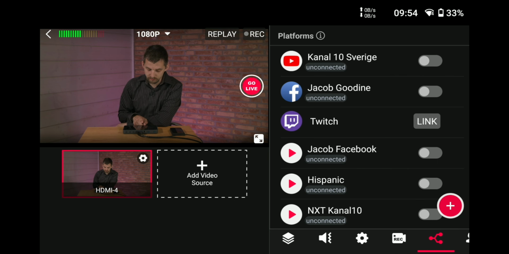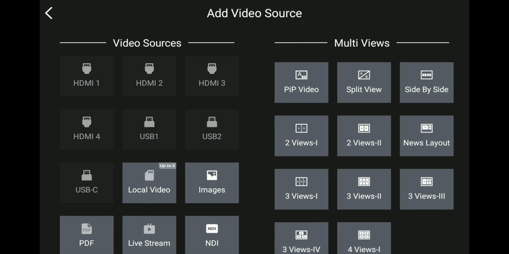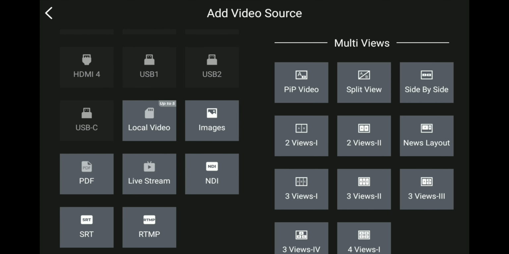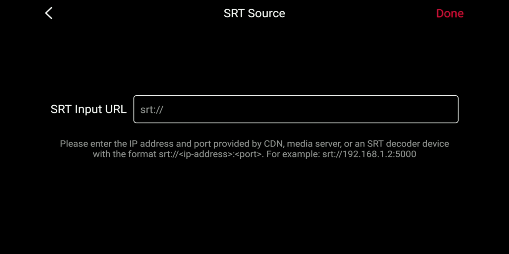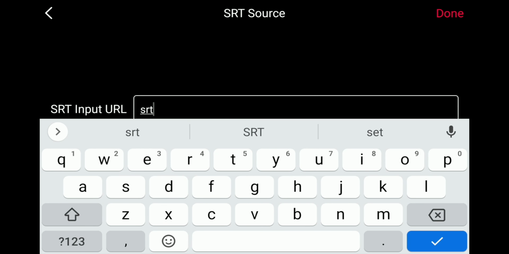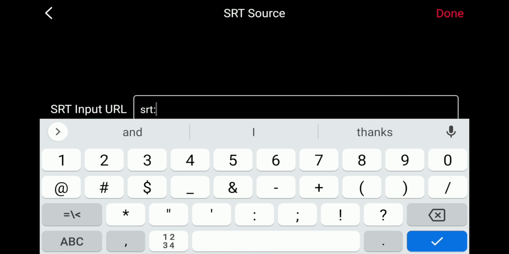Let's toss in another source. So this is where the SRT comes in. So as long as you can memorize an IP address, this is very easy to do. It doesn't save it when you duplicate it, so you have to put it in every time. So make sure you write it down or memorize it. The same with the RTMP and SRT. It's just a different codec or way to use it. So you have to write SRT and double dots and /